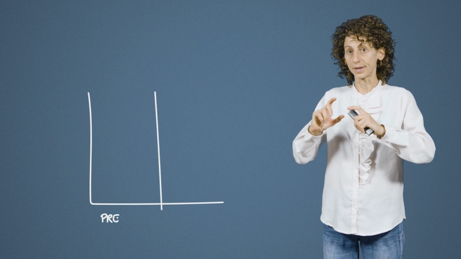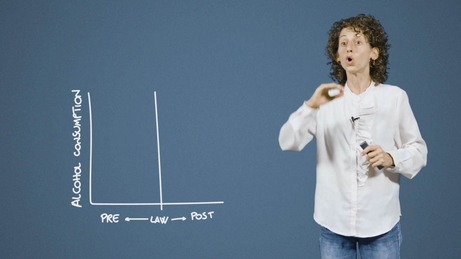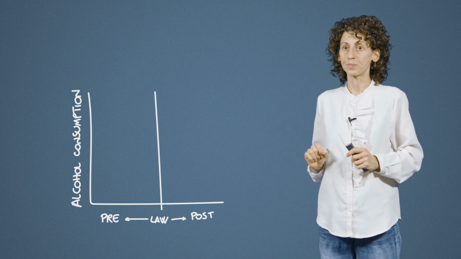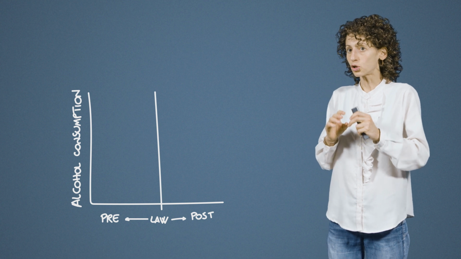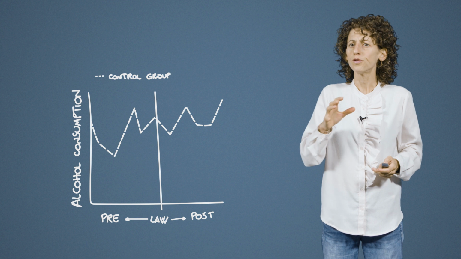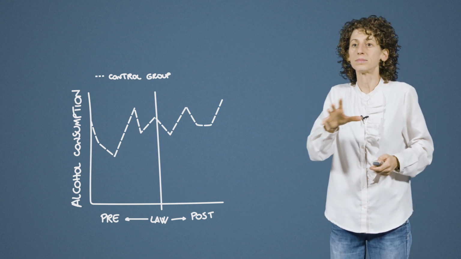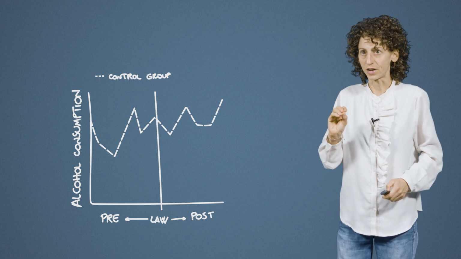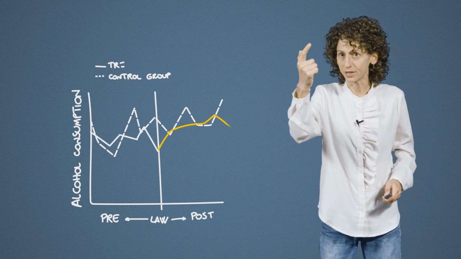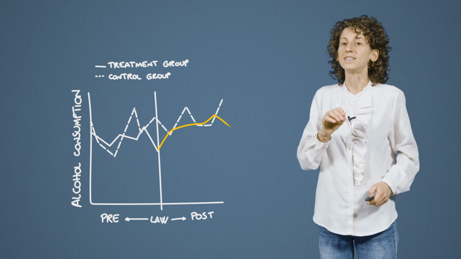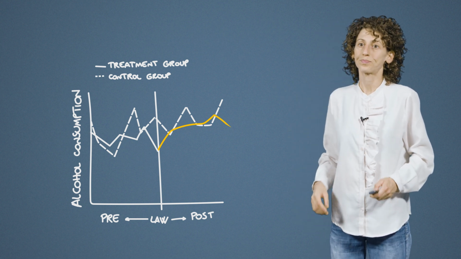Now, the idea behind the diff-in-diff is to compare changes in alcohol consumption for both groups over time, before and after the law was implemented. Essentially, we capture the drinking behavior trends in the control group as a baseline for what would have likely happened in the absence of the policy. Then, any additional change in the treatment group beyond this baseline trend is the treatment effect, which in this case is the impact of the ID scanner law.